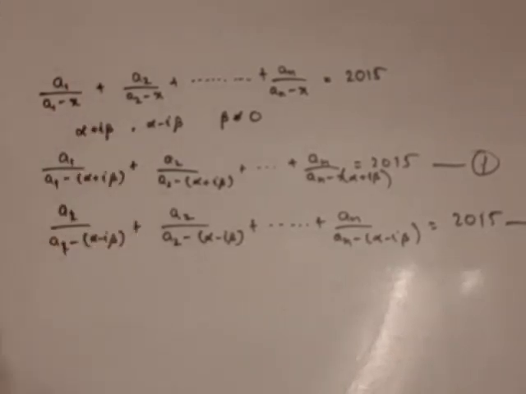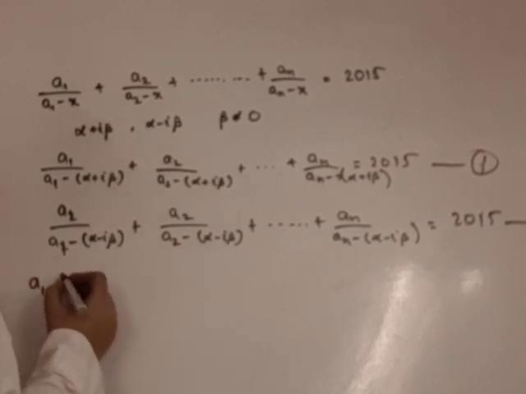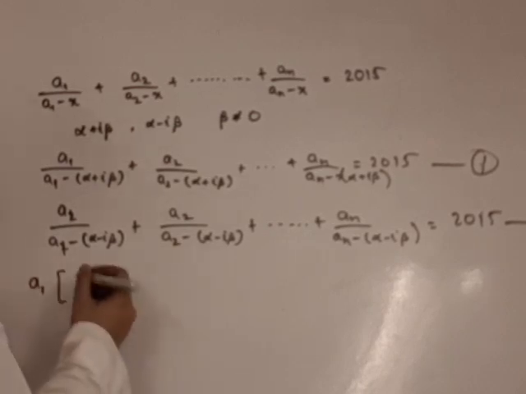Now when I subtract equations 1 and 2, what do I get? Subtracting, if I take a1 common, inside I get